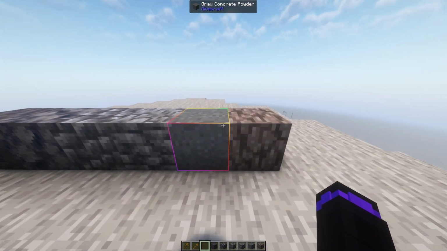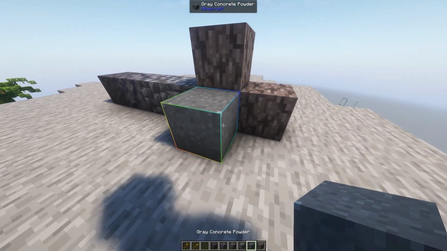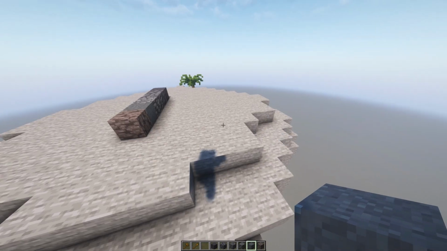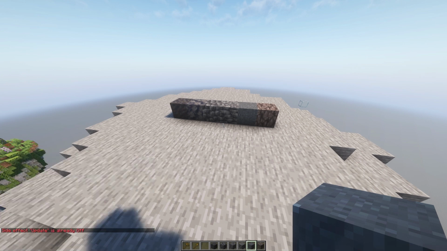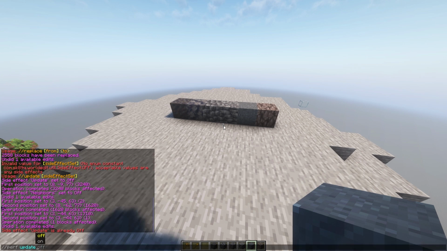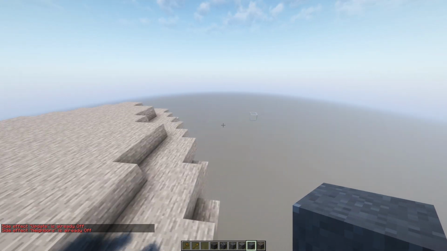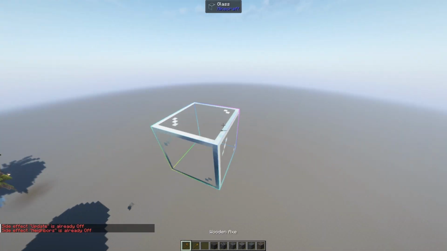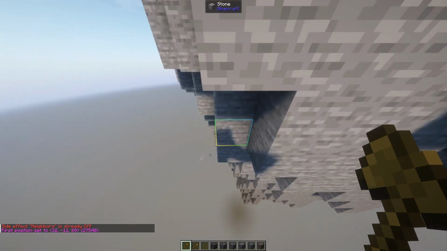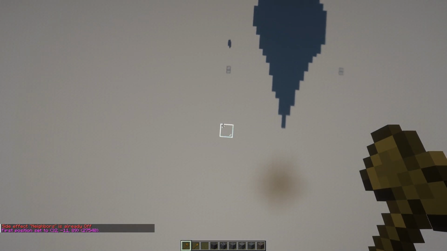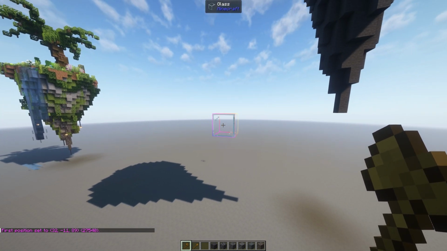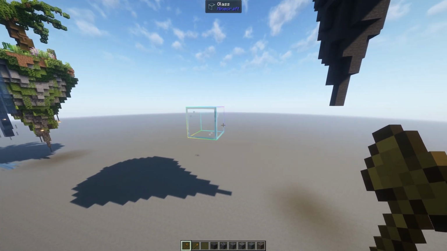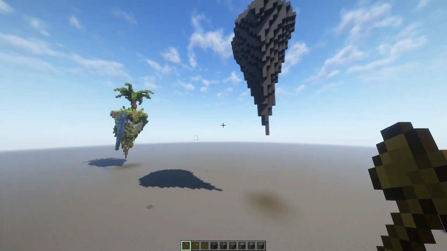But first, because I have a falling block, gray concrete, I will need to do a few commands, and those are perf update off and perf neighbors off. I have turned them off before, so they are already turned off, but that's just if you're going to also use some falling blocks. I will now set the position to those 2 blocks,